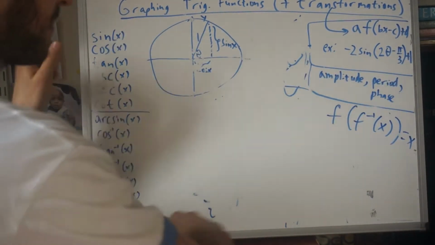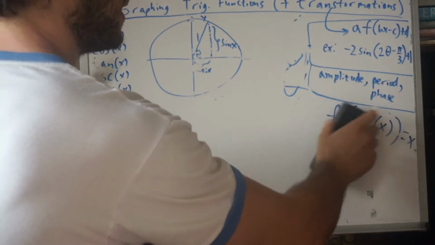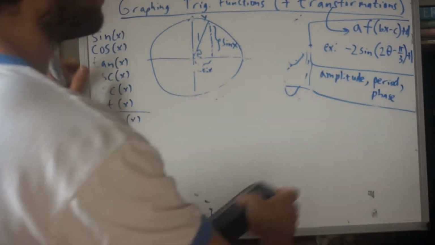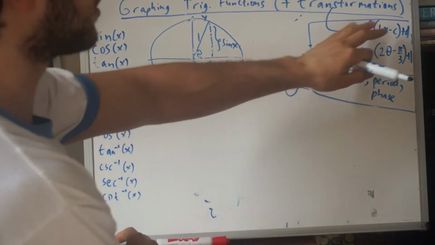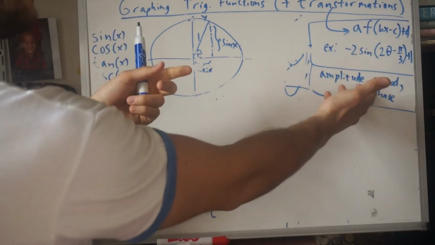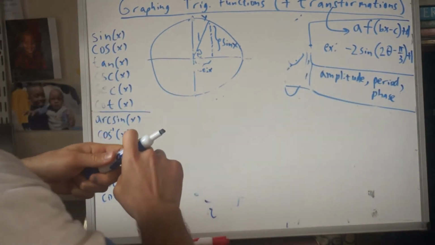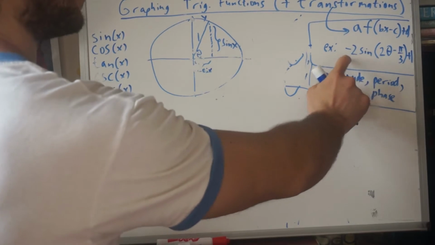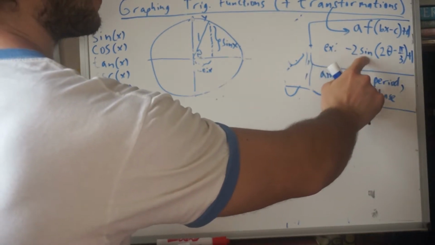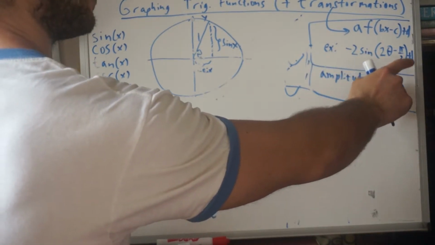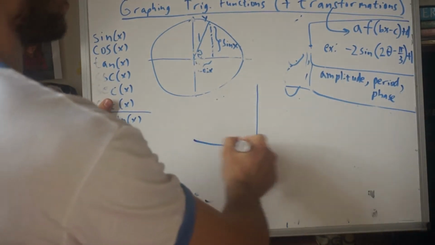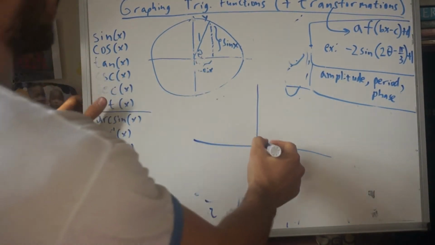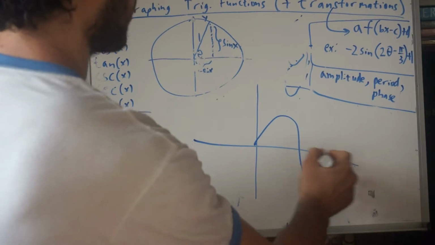Now, a few key terms: amplitude, period, and phase. Don't focus on these terms too much. I'm going to just focus on the numbers, but I'll tell you, you might see these terms used, so you'll know what they're talking about. So let's go to this example, -2 sine of 2 theta minus pi over 3 plus 1. And we are going to systematically figure out from our basic sine function